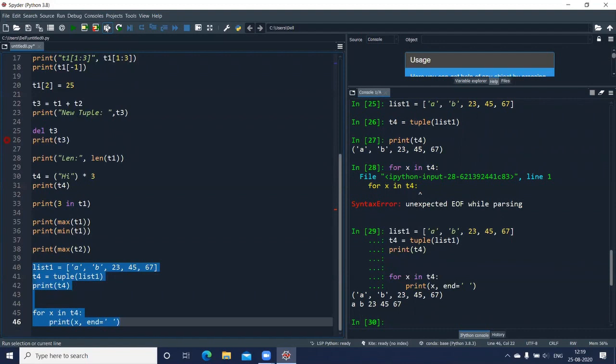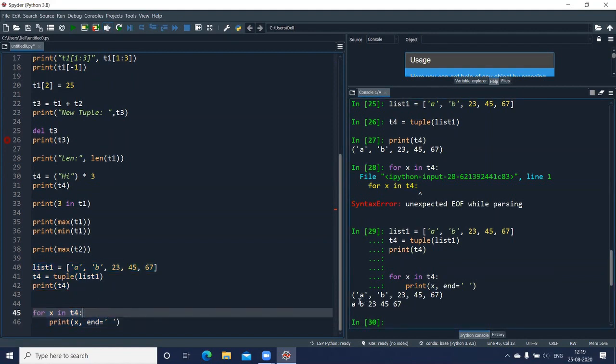Okay, here you can see we have got the answer now. Might be it was not recognizing T4. Okay, we got the values A, B, okay, 23, 45, and 67. Okay, so you can use the membership operator in the for loop and display the values.